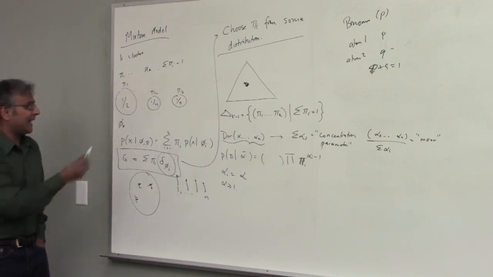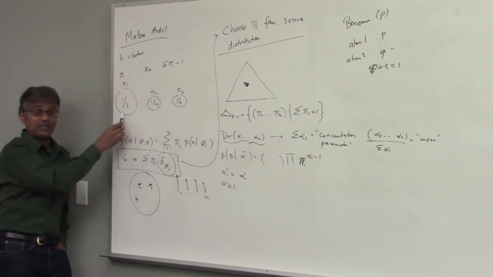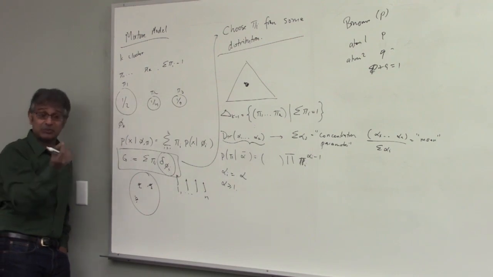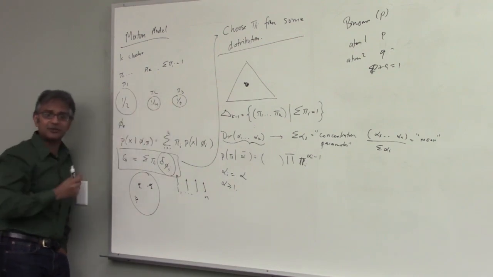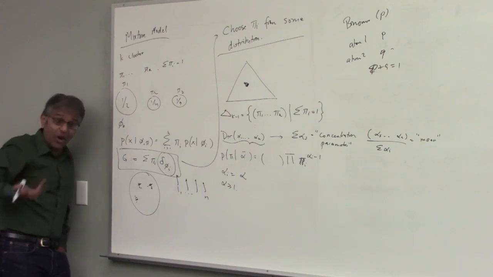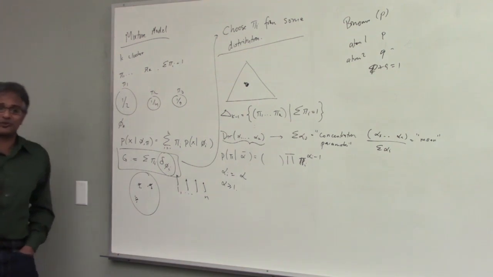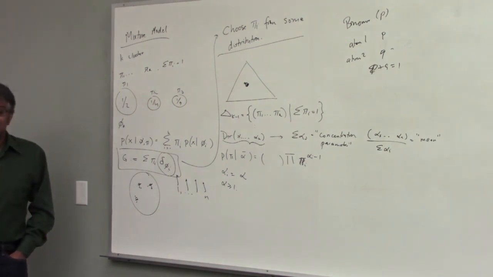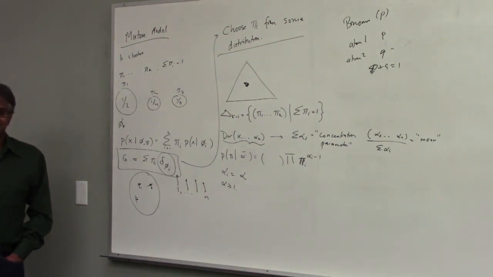It's like saying, okay, I can sample from this multinomial to decide which cluster my point should belong to. Okay. But how did I know these weights, half, 1/4, 1/4? Where did they come from? They are coming from a multinomial. But how? Or why did I choose half, 1/4, 1/4? That doesn't come. It's a probability distribution. But where did it come from?